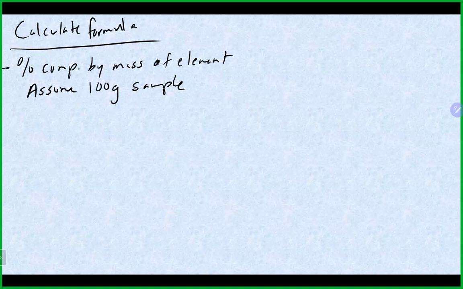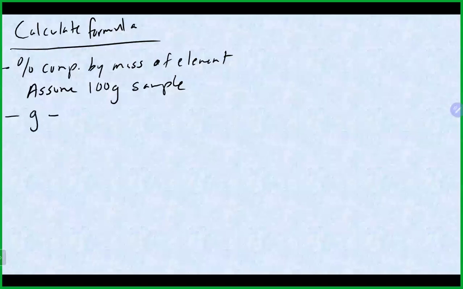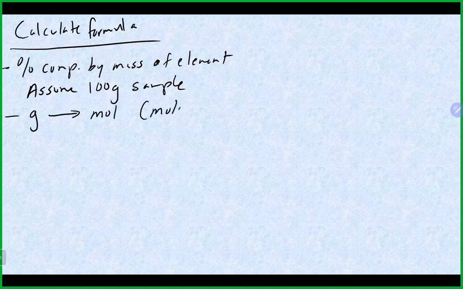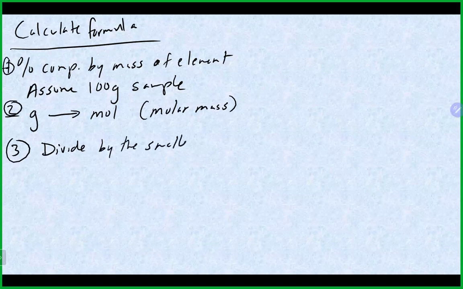The next thing you want to do is convert your grams to moles for each of the elements. And that, as we've been talking about, is done with the molar mass from the periodic table. At this point, you will have the moles of everything. So you've got step 1, step 2, step 3. And at this point, you will have the moles of everybody, and you want to divide by the smallest number